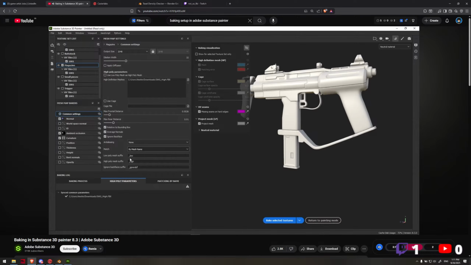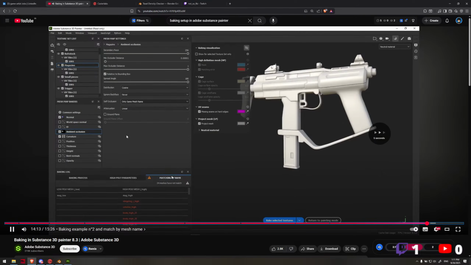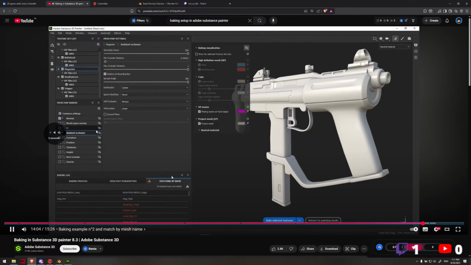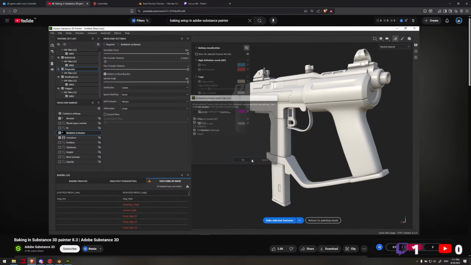This ensures that the various parts of the mesh won't occlude each other. But in this case, I do want that mutual occlusion. I just don't want it on the magazine because it's eventually going to be animated. Thanks to the split parameters, I can now enable the match by mesh name only equivalent. In our case, launch the bake, go to the occlusion baker, desynchronize it too, and select here as well